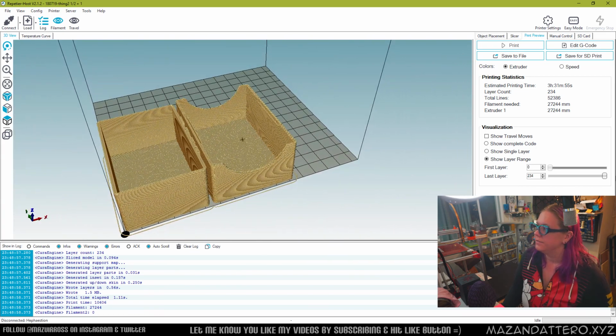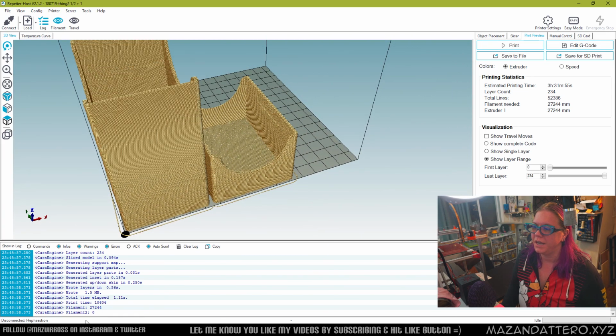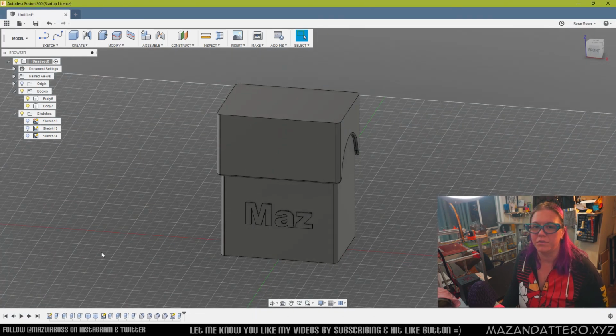And that's it. I hope you have a happy printing, and this is how you make a very simple deck